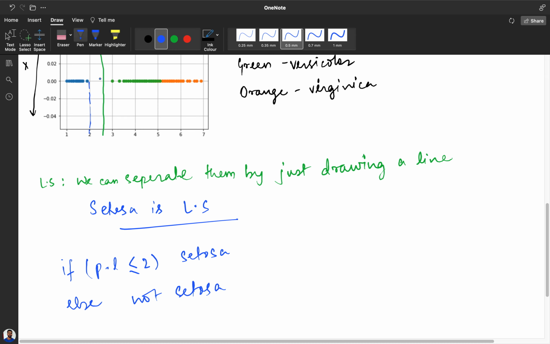So with just a scatter plot we can draw the conclusion that setosa is linearly separable from virginica and versicolor when we are taking petal length into consideration. This is our one conclusion which we got from the 1D scatter plot.